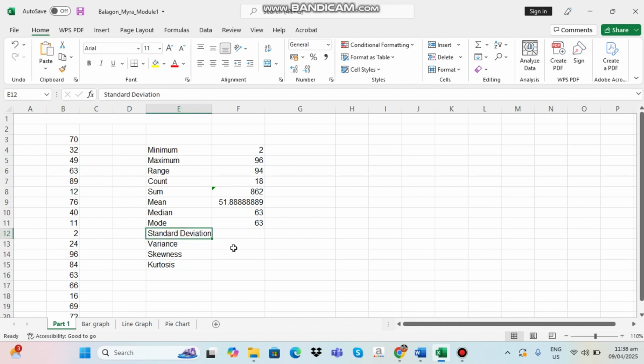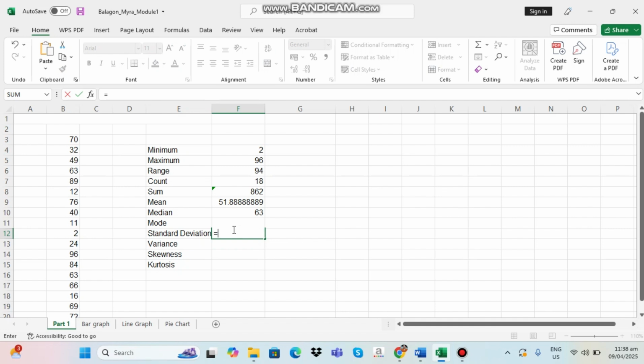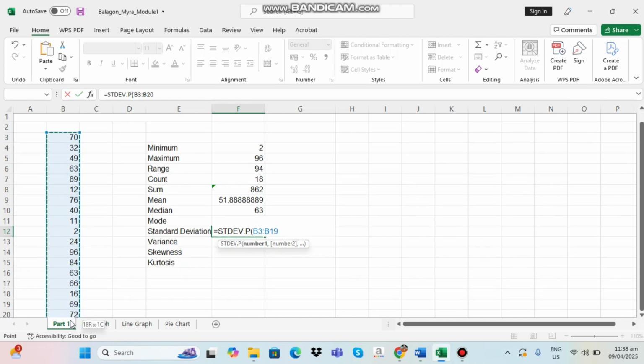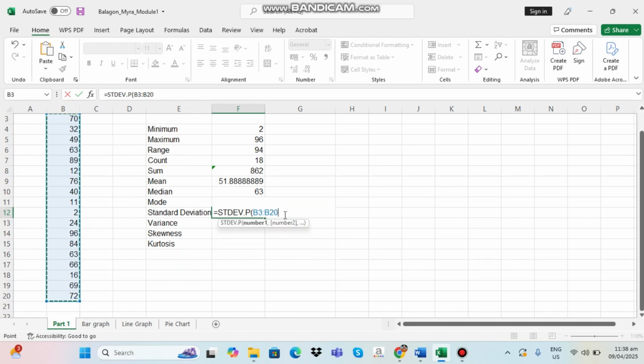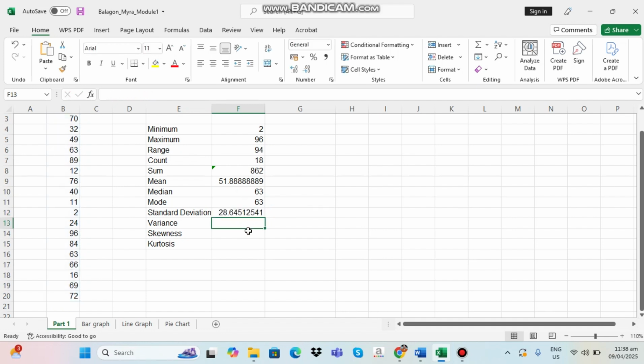Since we can see here in our data set that the number 63 appears twice in this data set. So how about the standard deviation? How can we get standard deviation easily using Excel? We can have it here, mas madali. We just have to put equals and then STDEV. And then just drag again all the data sets that we have here and close it out, then enter. So we have here our standard deviation, which is